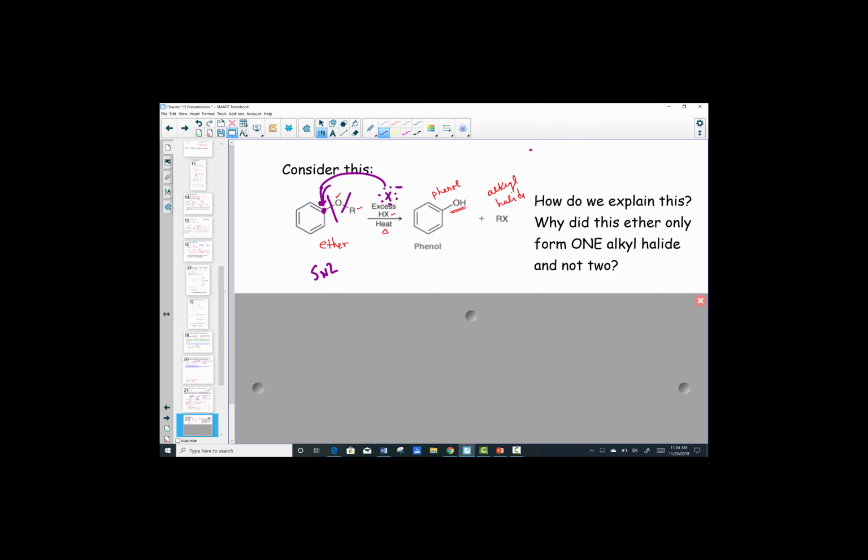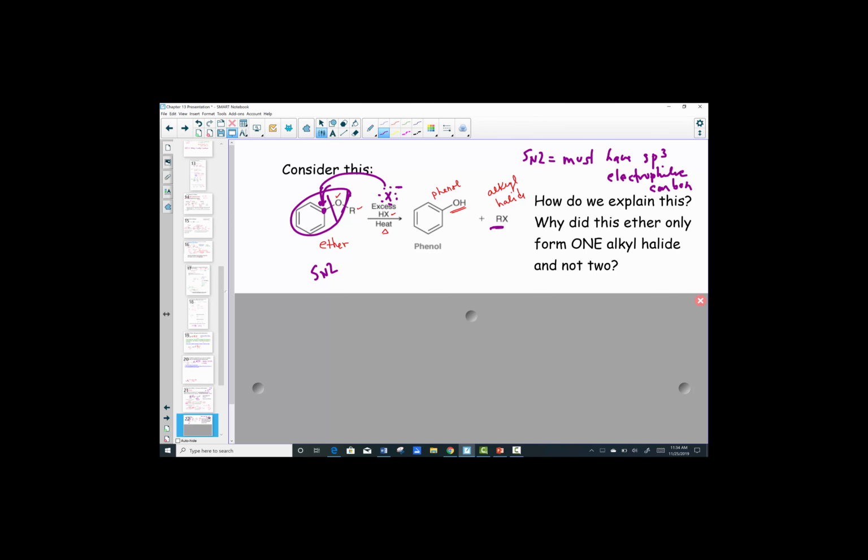That SN2 must have a hybridized sp3 electrophilic carbon for it to occur. And so we only formed one alkyl halide, the RX, and not two alkyl halides, because this reaction mechanism stops